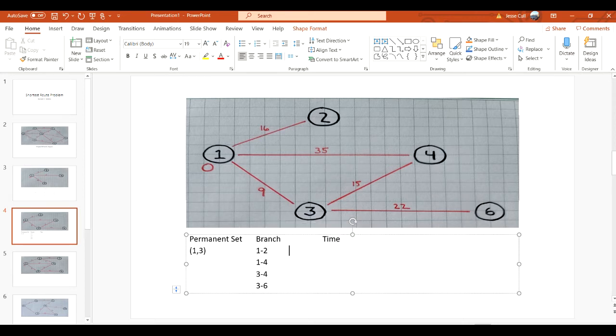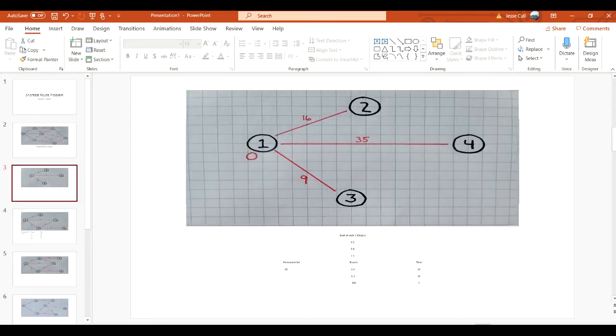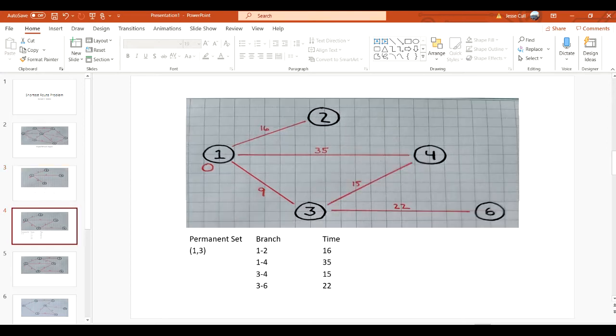So now we go over and we see here 1-2 is 16, 1-4 is 35, 3-4 is 15, and 3-6 is 22. So in this situation, this is our next set. What did we do in the first one? To go back, we looked from these three numbers, 16, 35, and 9, we chose 9. So 1, 3 became our permanent set. Now we have four numbers, 16, 35,